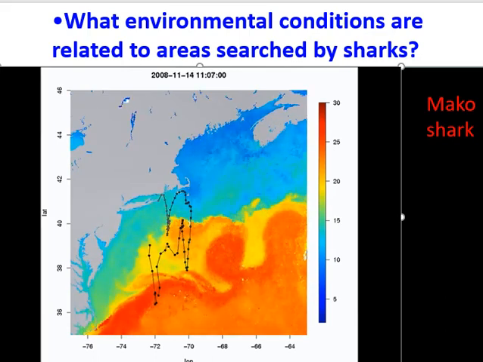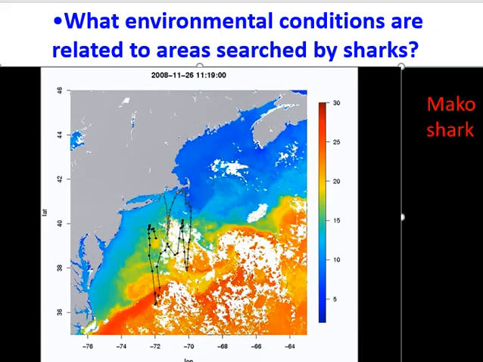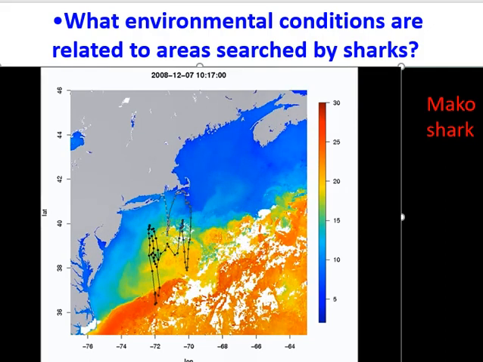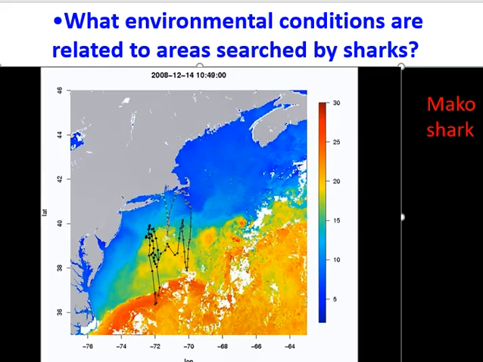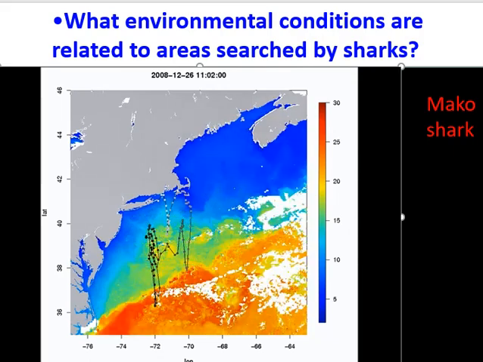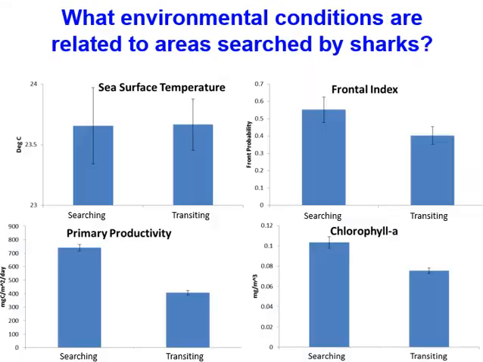And this mako shark is swimming along, spending a fair amount of time along this boundary between the warm and the cold water. So this mako shark has moved south. Now it's off of New Jersey, and it's moved all the way down by the Carolinas in the winter. So same thing with the tiger shark. You'd see the same thing for a lot of animals that migrate. There's a big influence of temperature on their movement.